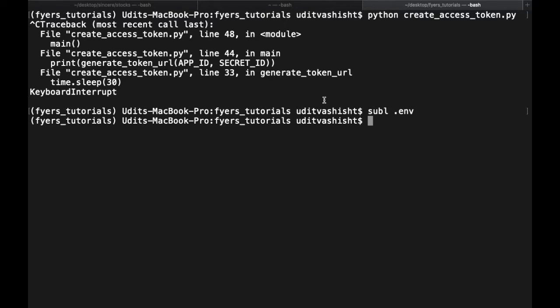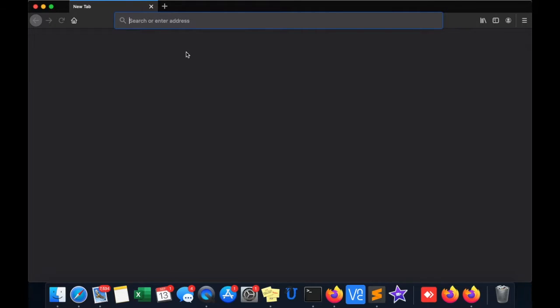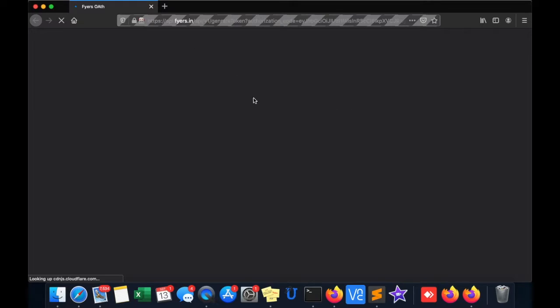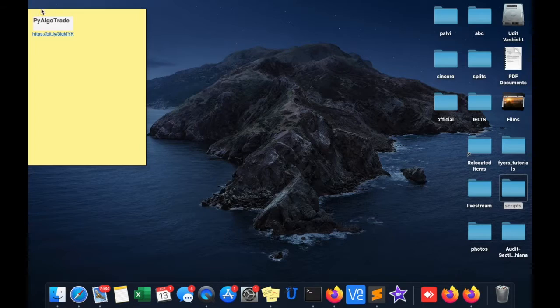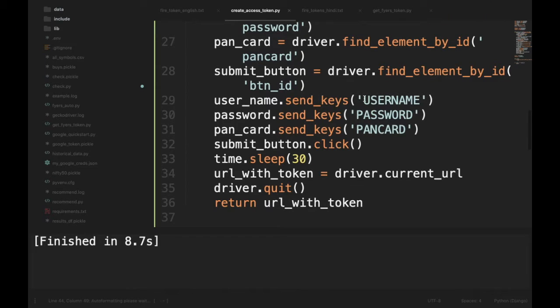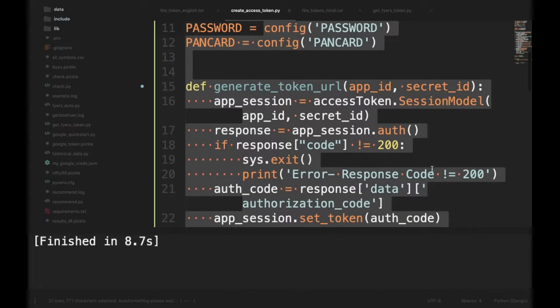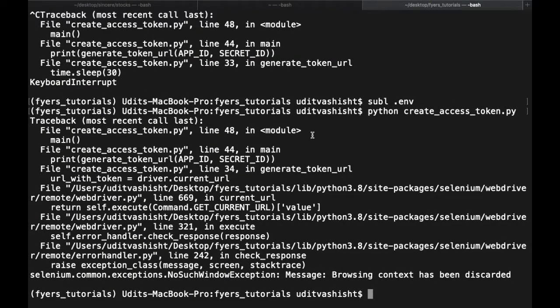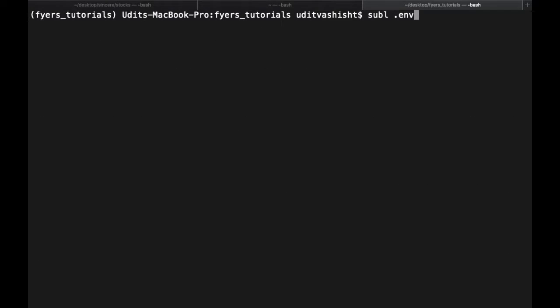Okay, so now I will run it again. So basically it will open the Fyers API and it will enter my credentials. Okay, for some reason I'm getting some error. What I have done is I have added the quotes here. So these are variables, so I have to remove the quotes. And save it. And now going back to the terminal, I will run it,